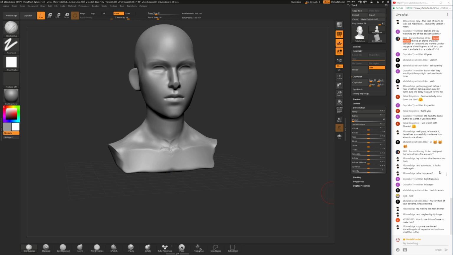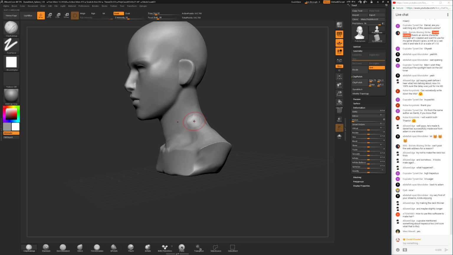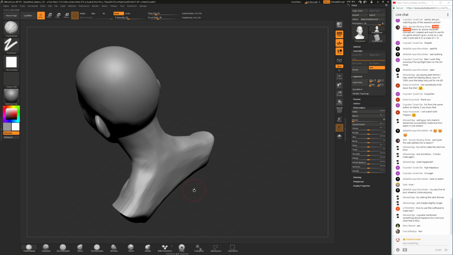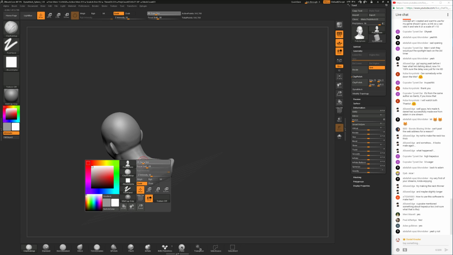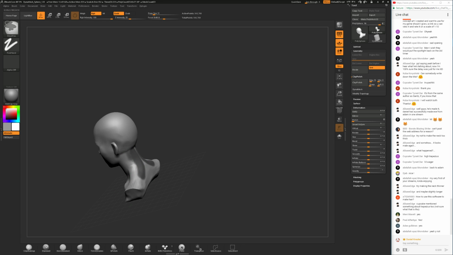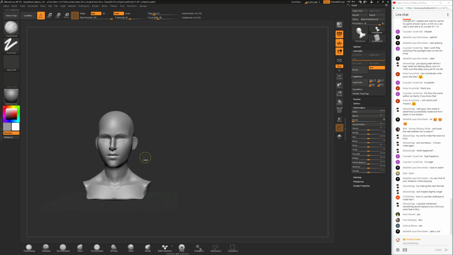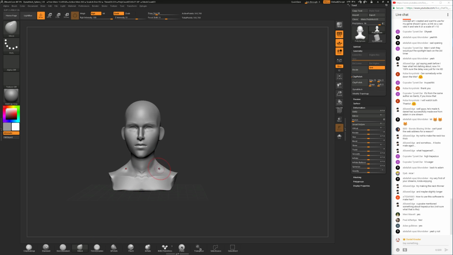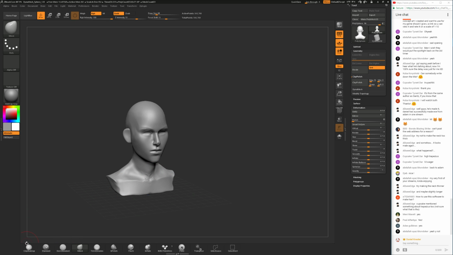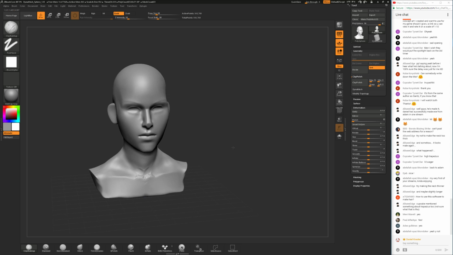So somebody mentioned that the trapezius was too high, and that refers to the muscle on the back, this section, this bigger muscle that also shows on the line here, and so I tried to adjust it by moving this area downwards a little bit. And I think it worked. It looks a lot better now, so that was a very good suggestion there, I think.